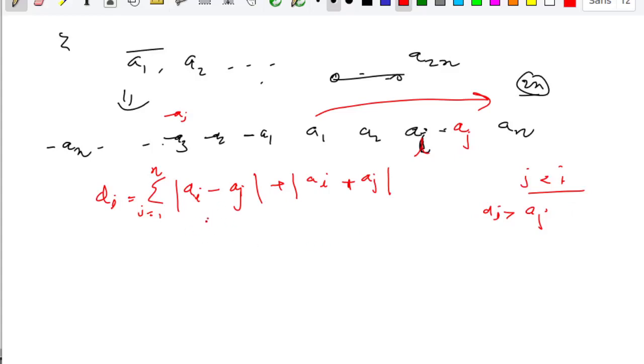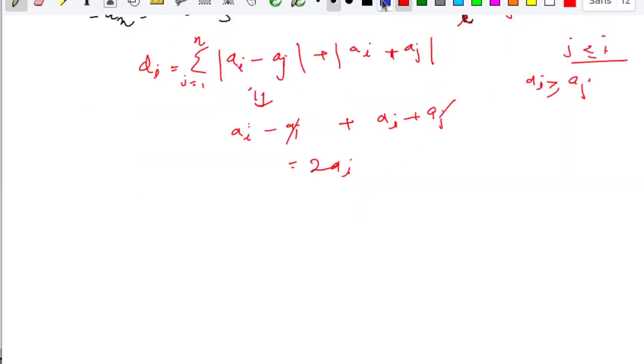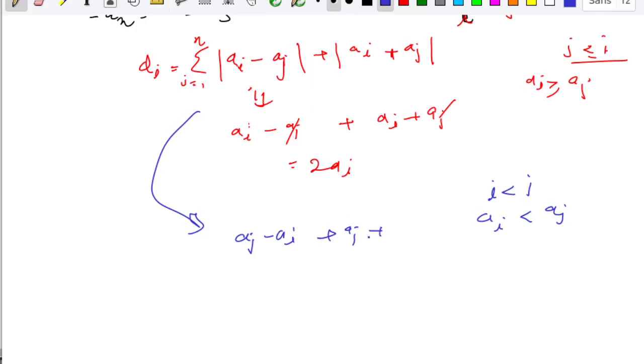Hence this will unfold as ai minus aj and this will unfold as ai plus aj, so it will be equal to 2ai. And another thing, if i is less than j, then ai is less than aj, so then it will unfold as aj minus ai, and this will obviously be always positive, and aj plus ai.